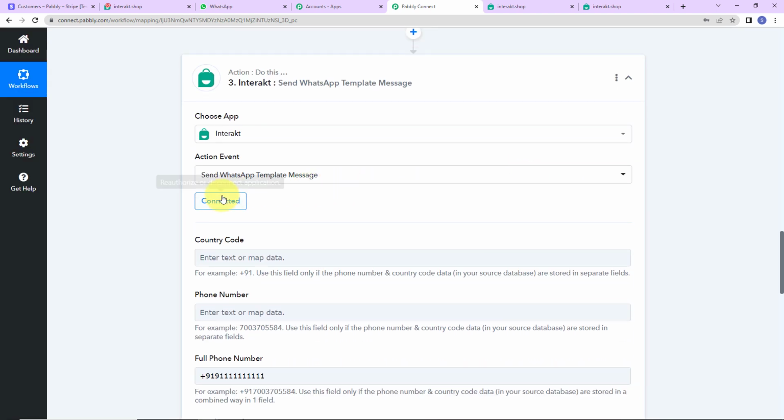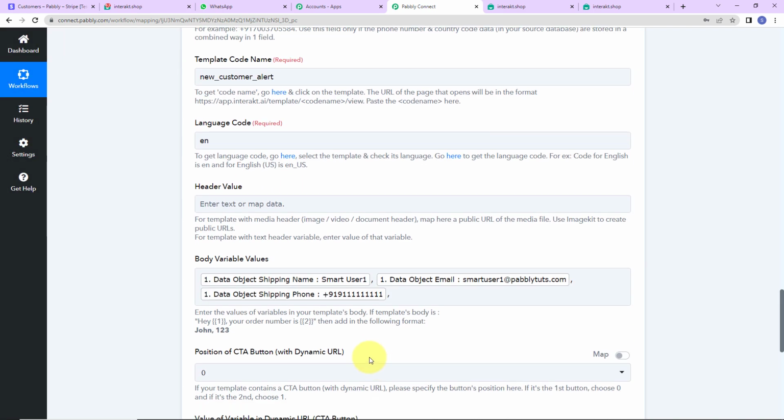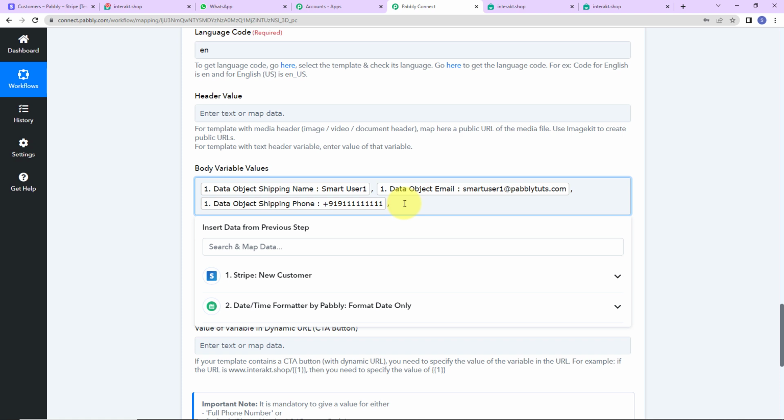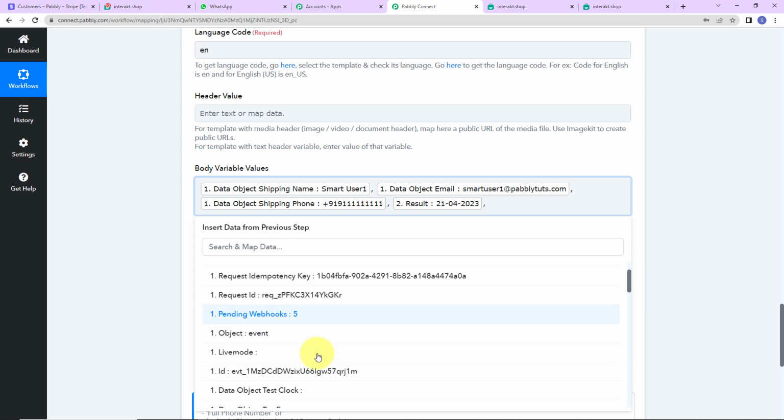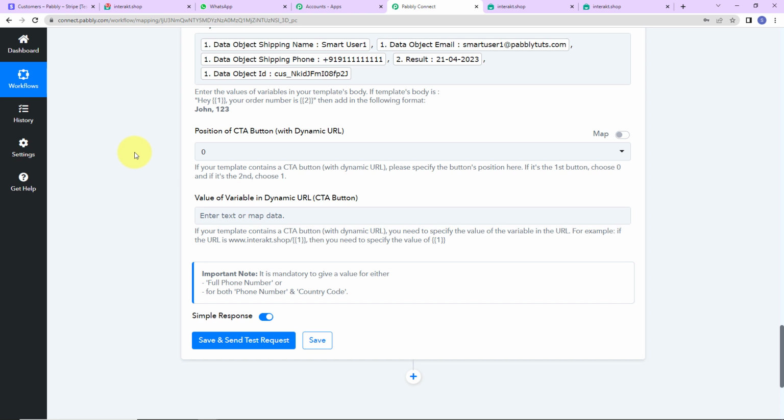Now I'm going to refresh this connection quickly, and as I take you down, here we have to enter the date. So I'm going to go to step 2, and this here is the date, and the last thing that we have to add is the customer ID, and this here is the customer ID. Now once I have entered the information, here it is asking me for the position of CTA button and the value of variable in dynamic URL. But since we had not selected any, I'm just going to let it stay blank